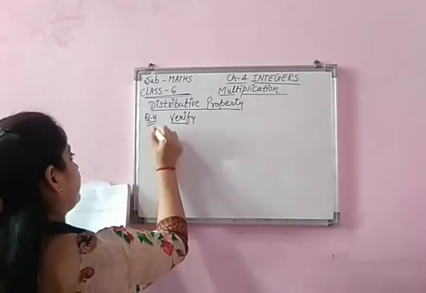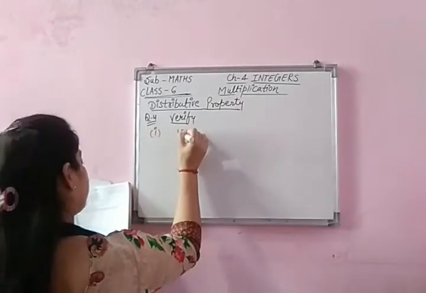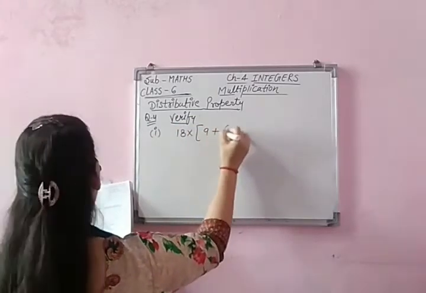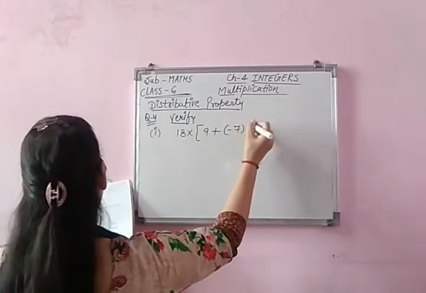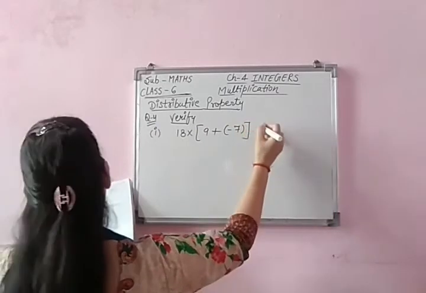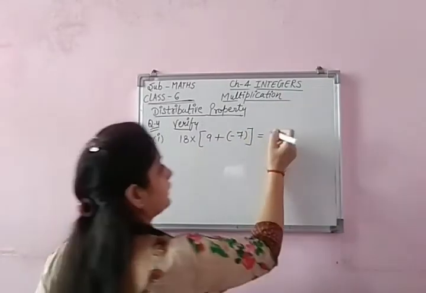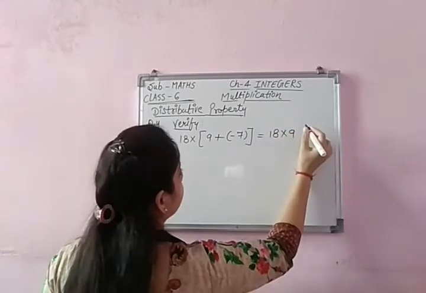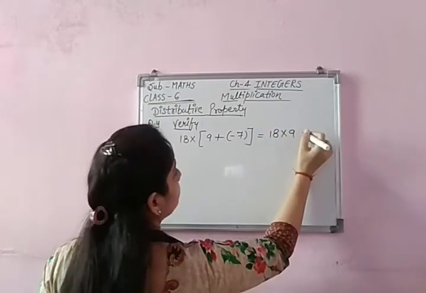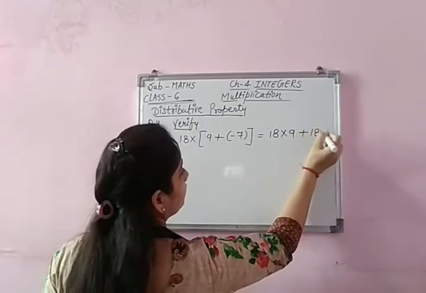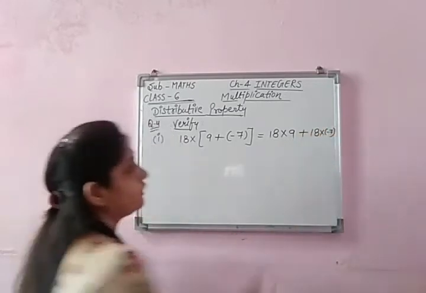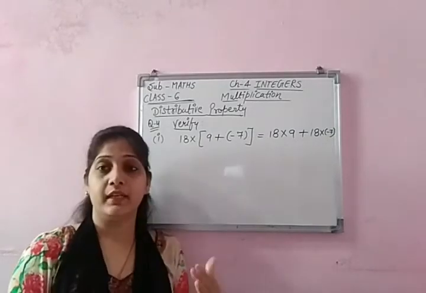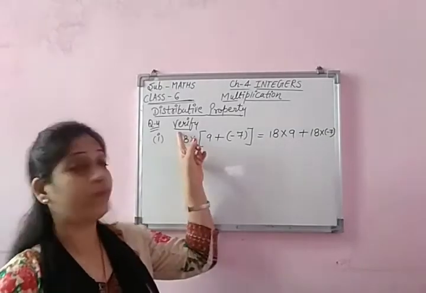So when we are verifying any question, it means we have to solve whether the LHS part is equal to RHS or not, and we have to solve using the BODMAS rule in this. Because whenever we are doing any calculation, we have to use the BODMAS rule. So this is your question, which is given in the book. It is from exercise 4D. Now, in the question it is saying that you have to verify.